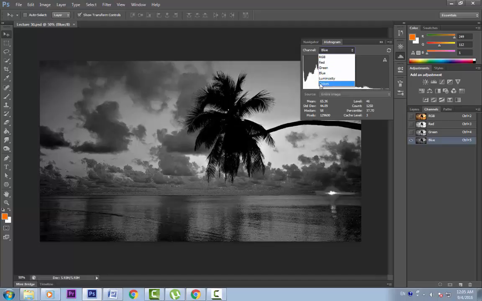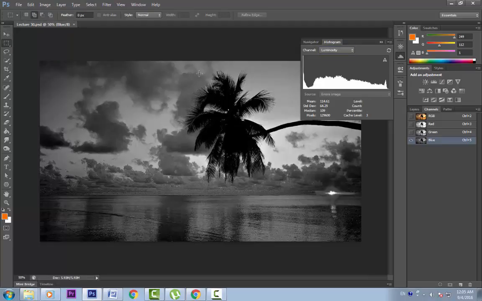Now if I switch it to Colors mode, we can see very similar information with similar spikes and depths. In this representation, we can clearly see the pixels of the red, green and blue channels. I will switch it back to luminosity. Now if I come here and try to select some areas, nothing happens. Let us take the marquee tool and make a selection here. You can see that Photoshop displays the histogram information of only the selected pixels.